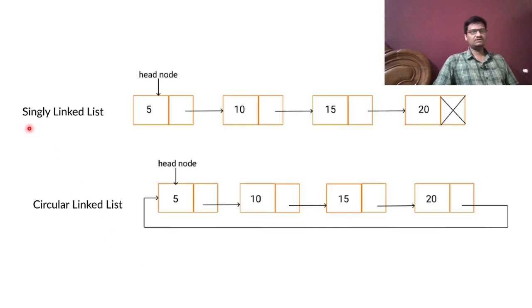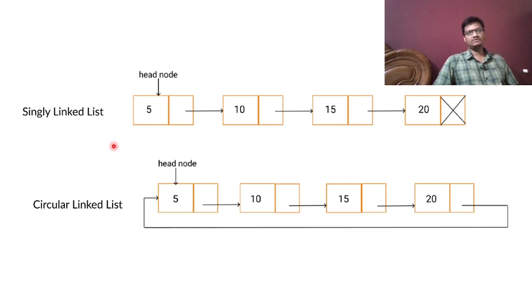Suppose I cut from here, then it will become a straight line. Now you can see there is a clear separation between the start point and end point, right? If I rejoin, then it forms a circle once again, right? So the idea is that every point you see in a circle acts like a start point and end point. Now, the difference between single linked list and circular linked list.